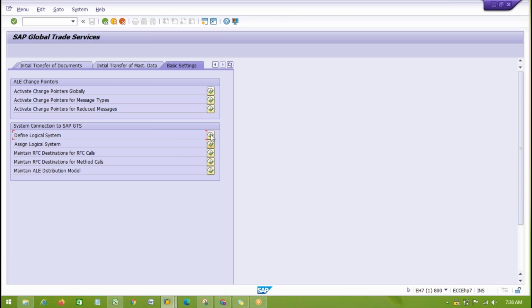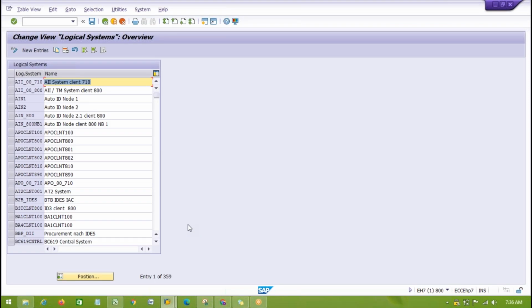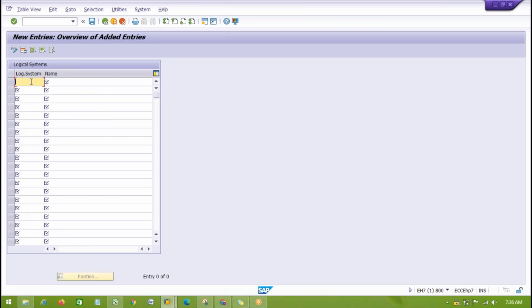So as part of define logical system, we will be defining the logical system name, that is a unique name for ECC as well as the SAP GTS system. So we'll go to New Entries and we can perform. Now, whenever we are going to define a unique name for both the systems, there is a specific naming convention which we generally use. And the naming convention is